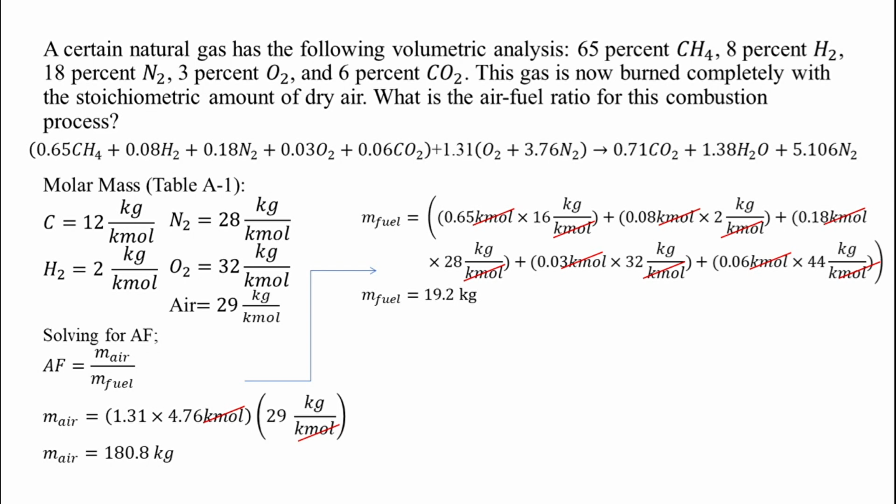Now that we have the mass of air and the mass of fuel, we can solve for the air-fuel ratio. The formula is air-fuel ratio equals mass of air over mass of fuel. Substituting the values, we have 180.8 kg over 19.2 kg. Then our air-fuel ratio is equal to 9.82 kg of air